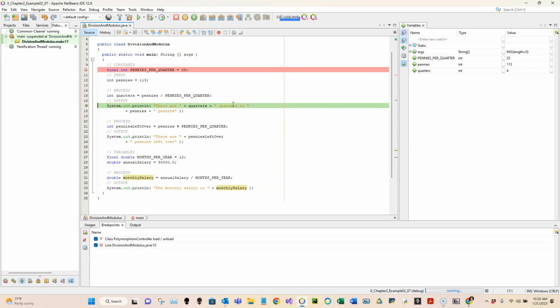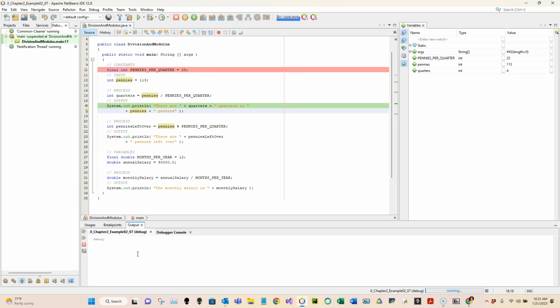And this plus operator here is known as a concatenator. Okay, say that 10 times fast. And it basically joins, it converts these numerical values to a string, and it appends all of these strings together onto one line. And so on the output here, I would expect to see there are 4 quarters and 113